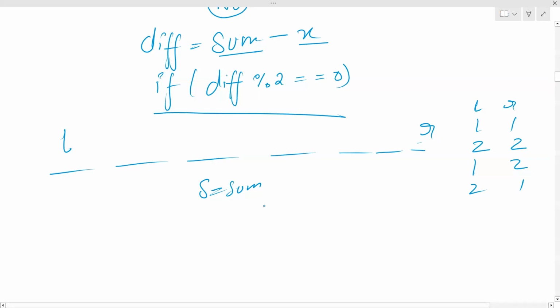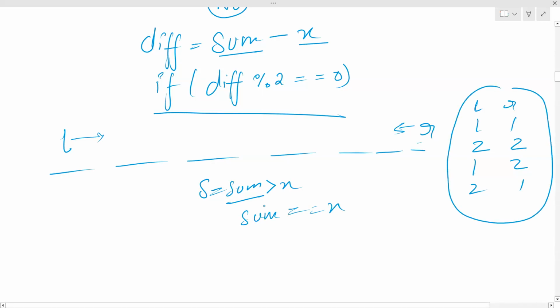Now, while this difference is more than 0, while the sum is more than x, we want to make this sum as x. So we want to adjust our L and R in such a way that the sum becomes equal to x. And I'm saying this is always possible. Why? Because see, if these are the 4 cases and the difference between sum and x is divisible by 2,